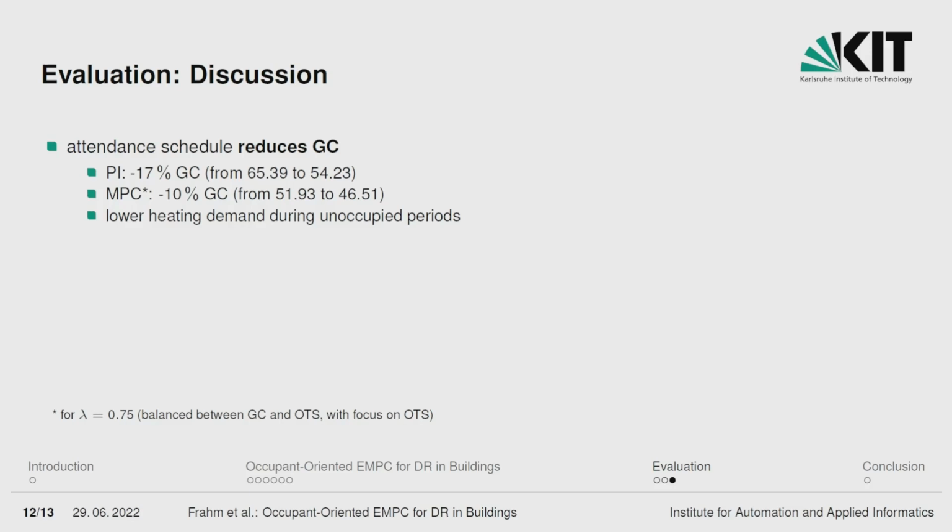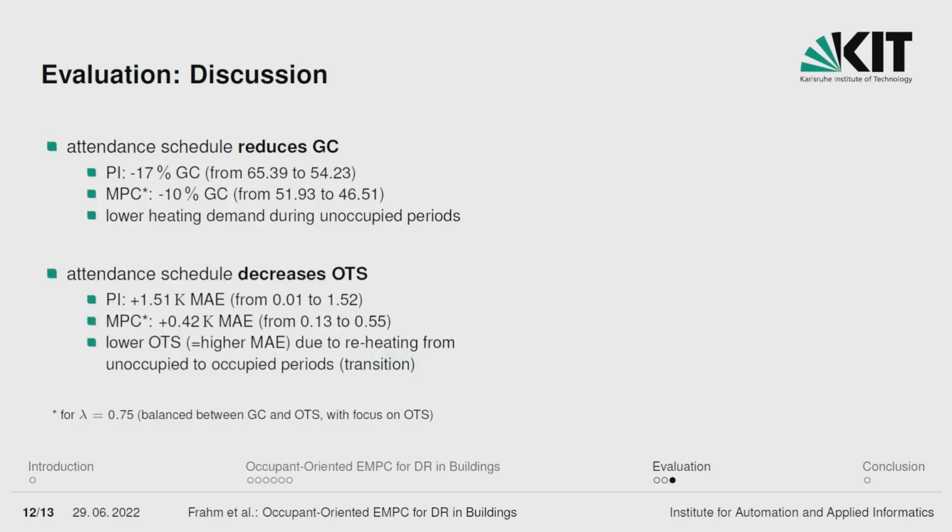In general, the attendance schedule reduces grid costs for both the PI and the model predictive controller. For the PI controller, we have 17% less grid costs, and for the MPC, minus 10%. This comes from the lower heating demand during unoccupied periods. However, due to the transition phase between unoccupied and occupied periods, the mean average error increases, which results in a lower occupant thermal satisfaction. For the PI controller, we have plus 1.51 Kelvin MAE,